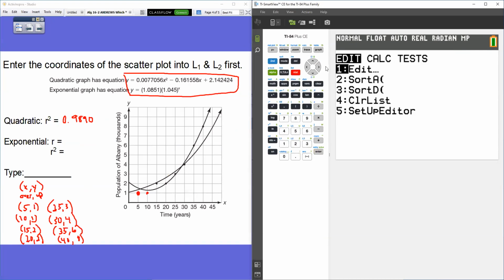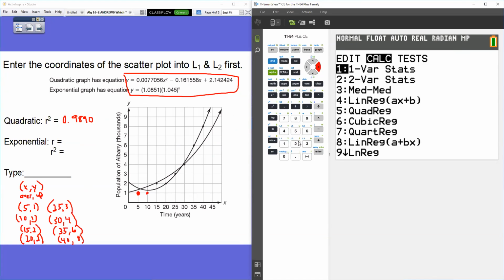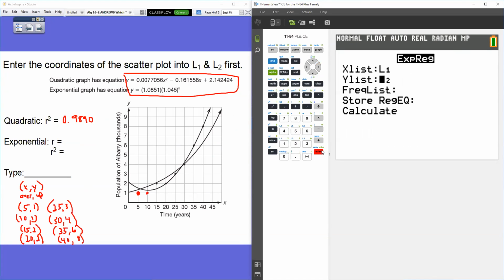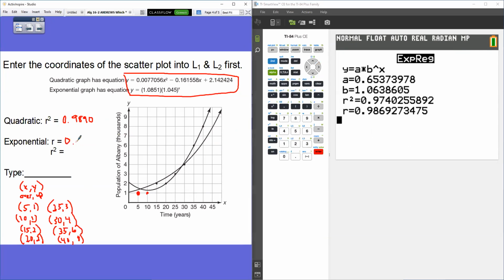Stat calc. And we're going to go to 0 for the exponential regression, and write in our R and our R squared. So our R is 0.9869 and our R squared is 0.9740. And we want to know which one is closest to,